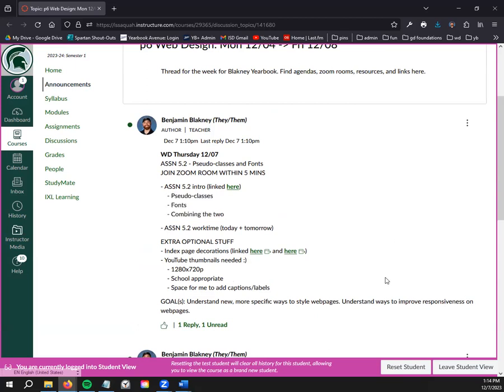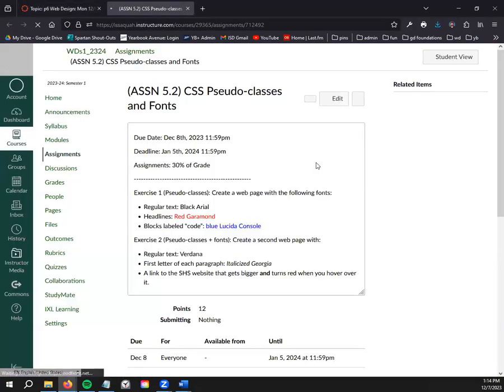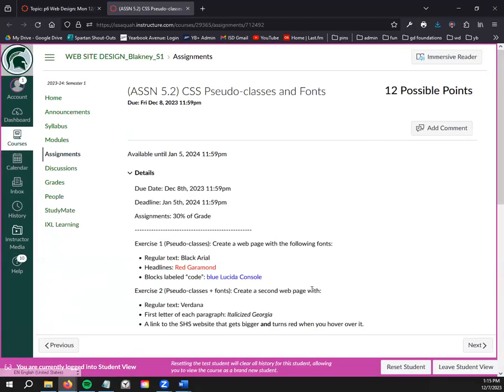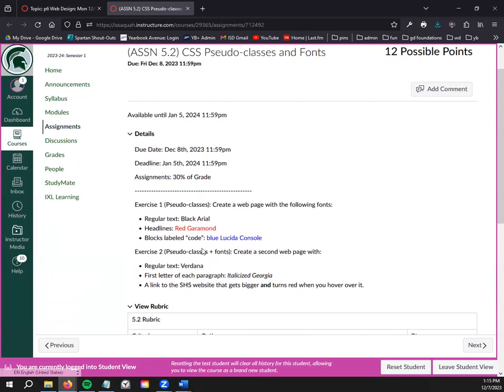It'll make more sense when we actually get there, so don't worry about submitting anything right now. I'll tell you how to do it later. Okay, in other news, let's talk about 5.2, which is now available in Canvas. The reason this is a little bit more under construction is because in the past, before we've done this root folder, all-for-one-unit situation that we're trying here, this was two separate HTML files,